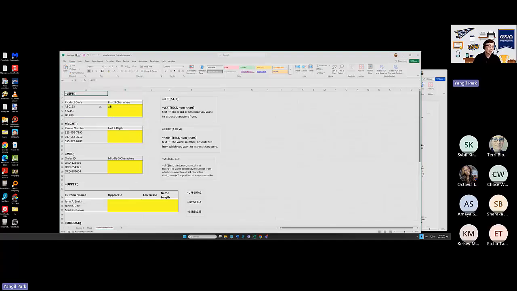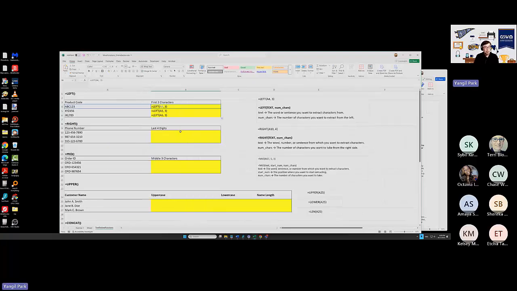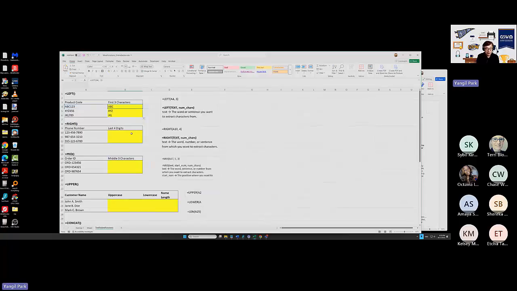Starting with the left function, we can extract letters from the left. So how many letters? Here's the syntax. Left and A4 indicates the cell containing text. And how many letters from the left side? 3 letters, right? So that's what we are doing. I'm going to make it 3 and see it. There you go. I can just autofill, right? Pretty simple in terms of the left function. Right function,